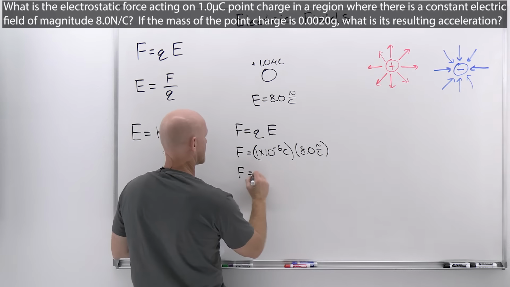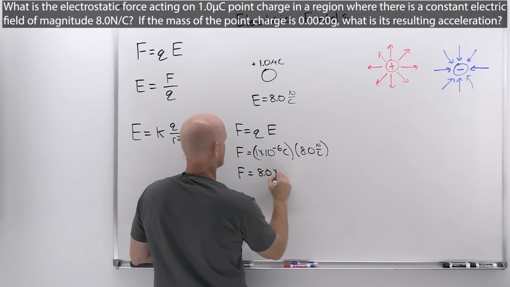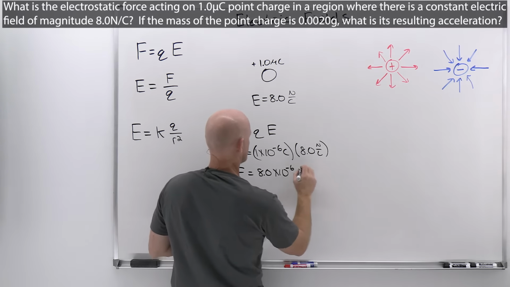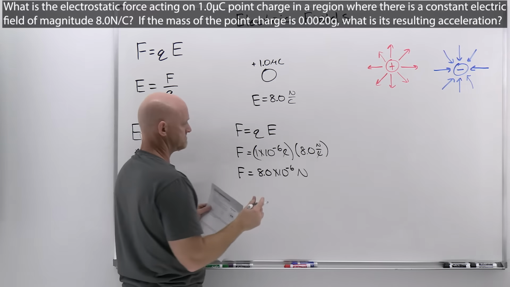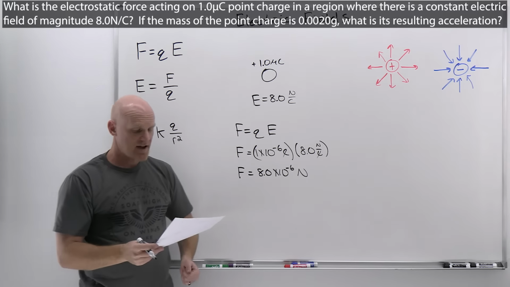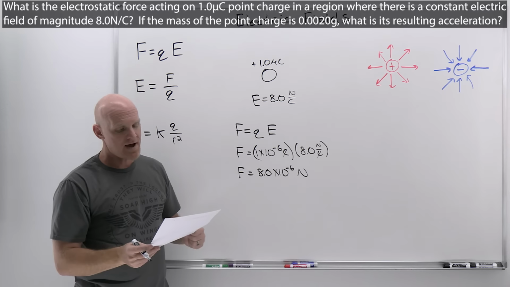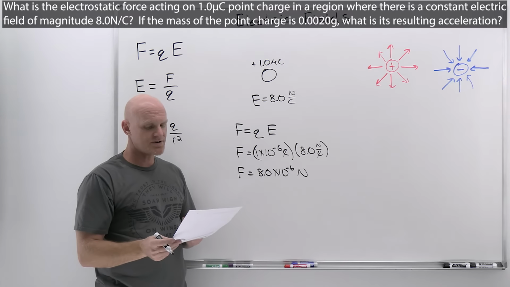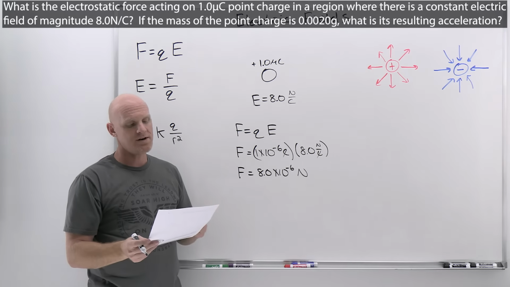And we can see that this is going to work out to give us 8.0 times 10 to the negative 6 newtons. The coulombs will cancel. Okay, so there's the force. Second half of the question, though, says if the mass of the point charge is 0.0020 grams, what is its